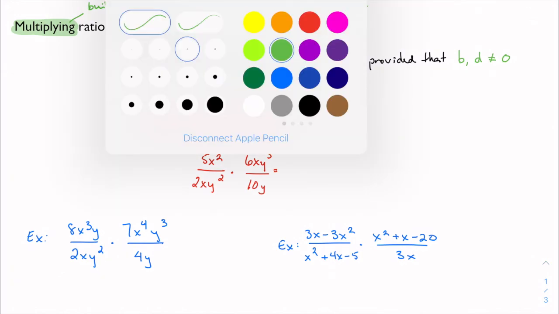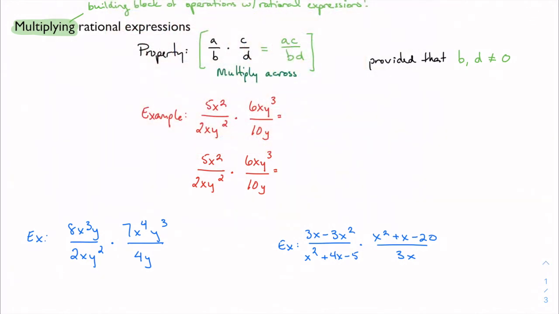And of course, I didn't show it here, but we learned how to do this when we talked about fractions, right? Think way back, 1/2 times 3/5 is 3 over 10, right? I just multiply across. 1 times 3 is 3, 2 times 5 is 10. So likewise here, right? If I've got this disaster, it's kind of messy looking, but it's okay. I have 5x squared over 2xy squared times 6xy cubed divided by 10y, and it looks overwhelming, but we're just